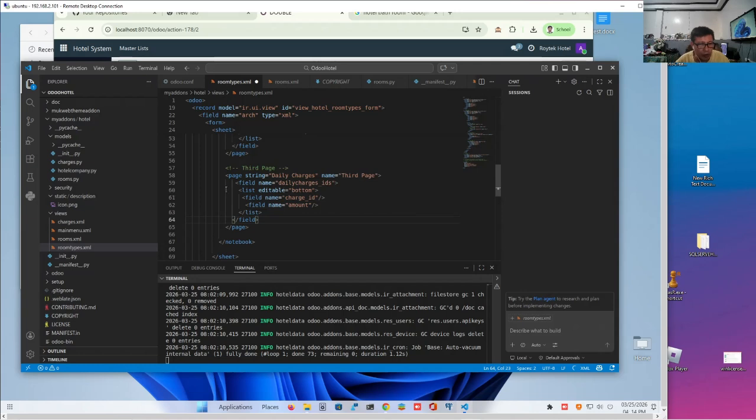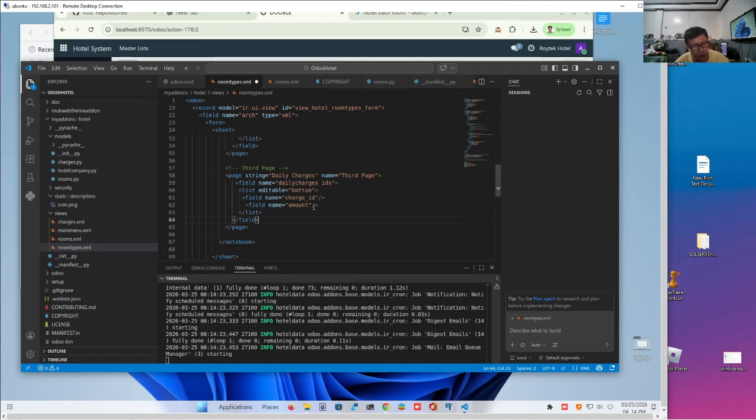We are going to use a daily charge IDs field, and we are going to embed a list table. We call it editable bottom, which means you can add or edit from the bottom. Then the charge ID, and then the amount. We may not use the amount, but we'll just put it here because we have a weekend rate and a daily rate. If you take note, the daily charge IDs is a one-to-many field in our room types